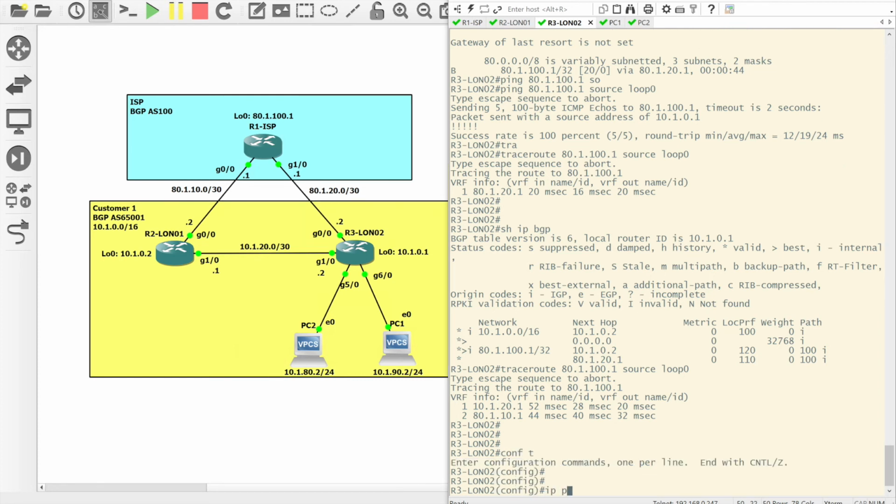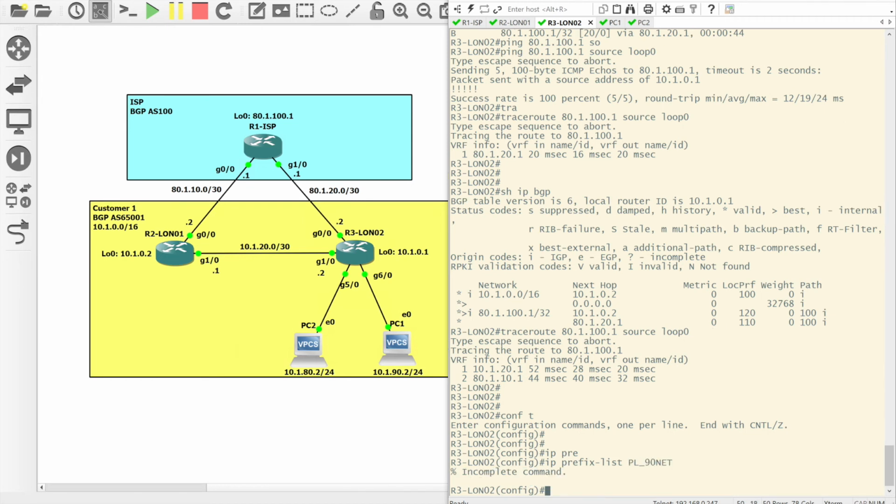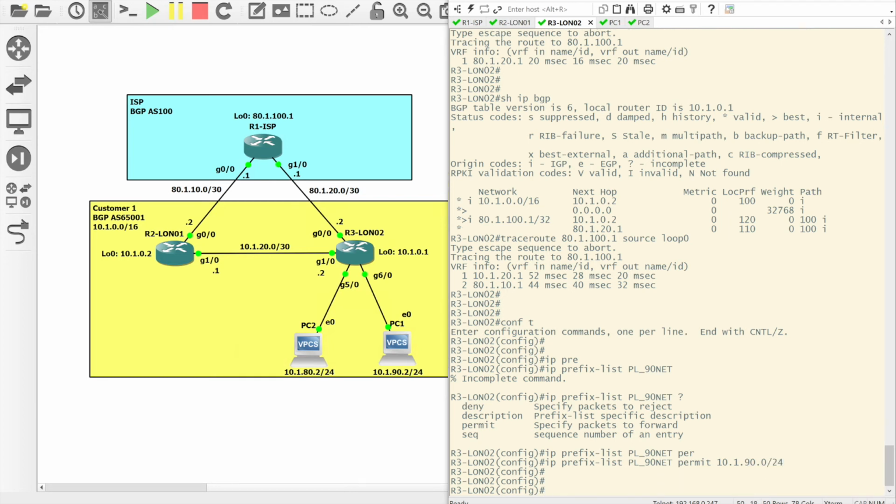So we'll do an IP prefix list. We'll call it PL90net, and we will permit, and the network is 10.1.90.0/24. And then if we do a do show